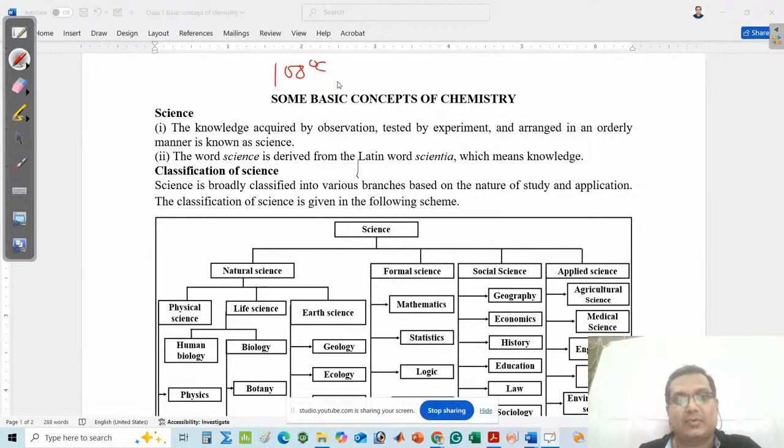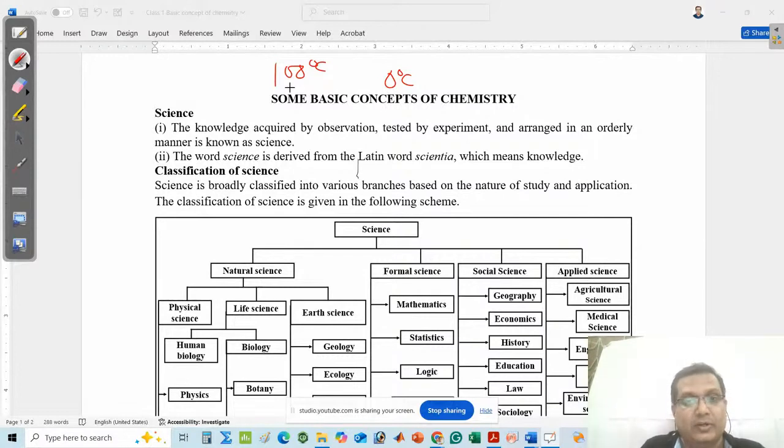Next example: water freezes at 0 degrees centigrade. These two examples are one type of knowledge, and such knowledge must be